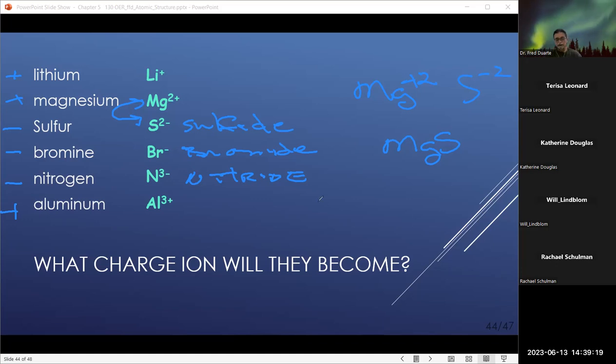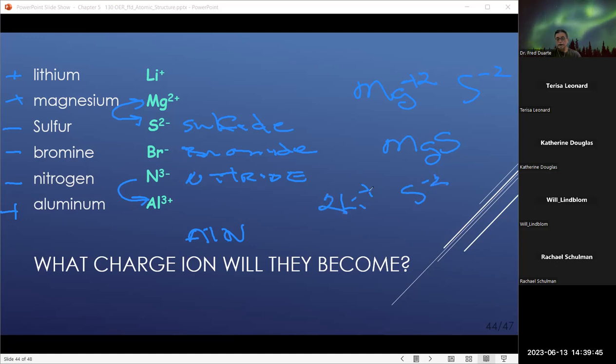Okay, I can do the same with the nitride and aluminum. Put them together because I got a -3 and a +3. I can put them together as a 1-to-1. So I got aluminum nitride. Now, if I were to put lithium and sulfide, let's say I got lithium and sulfide, I need